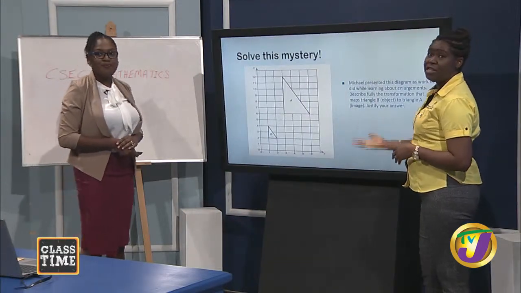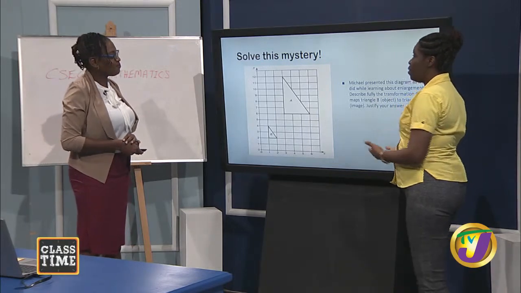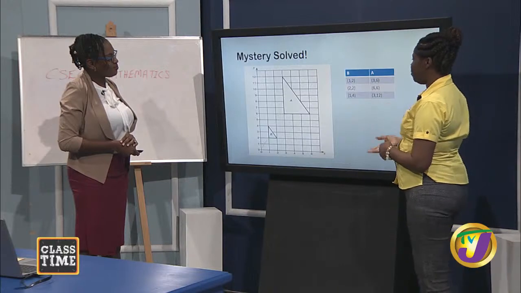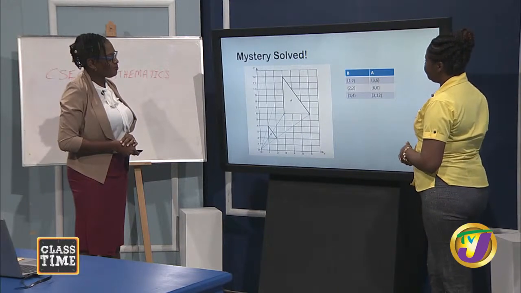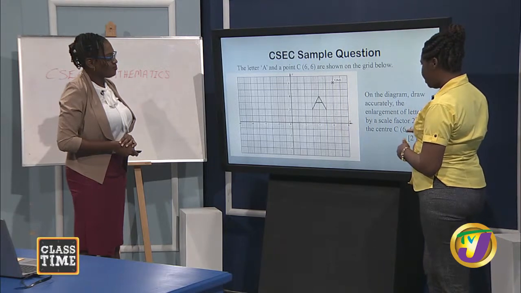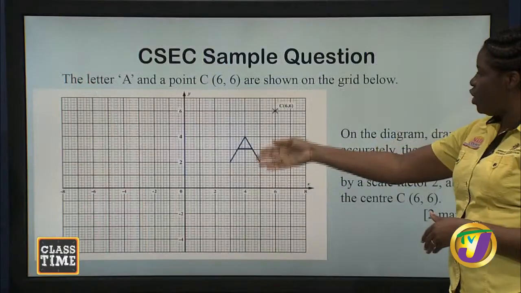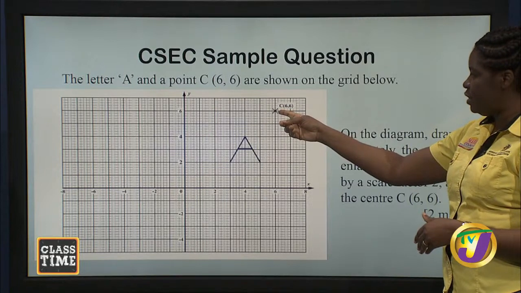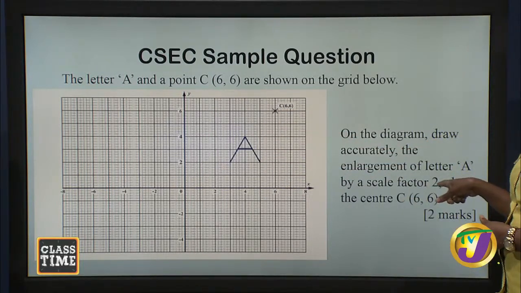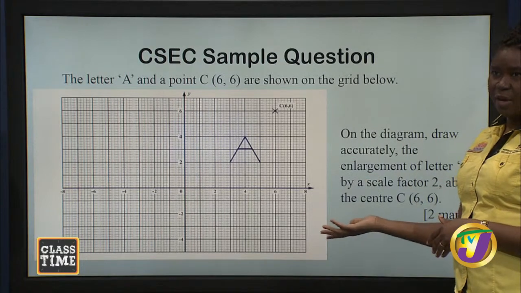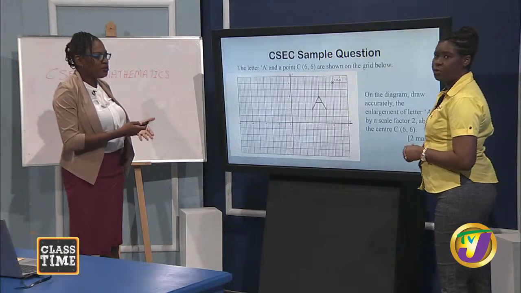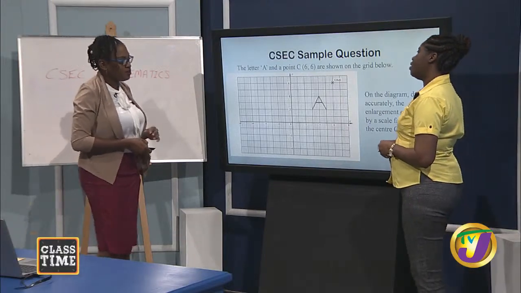All right. So we're going to summarize what we have been discussing so far. We're not going to look at these ones. These are just another situation. And this CSEC question, where we were asked to use the center of enlargement at (6, 6) to enlarge here, and we have a scale factor of 2. So using the same steps that we would have used before. And it's nothing difficult. We were doing these examples all along. So 2 marks,